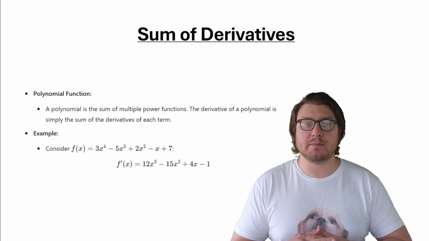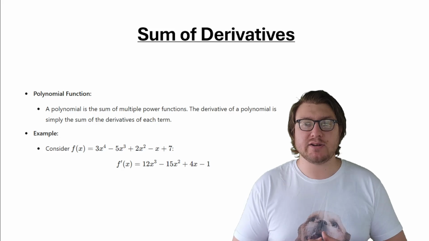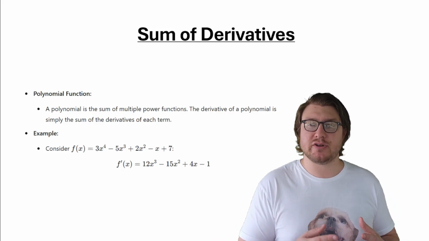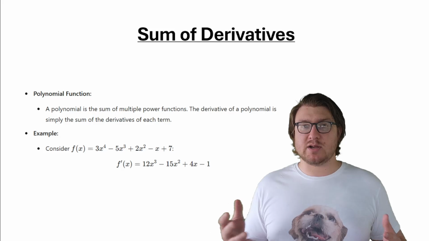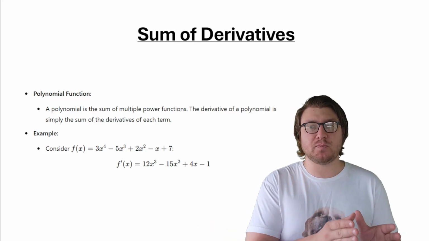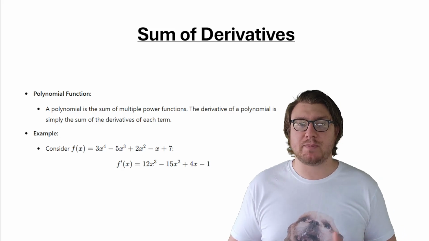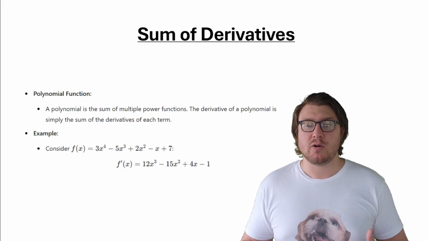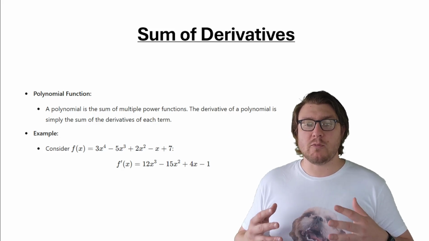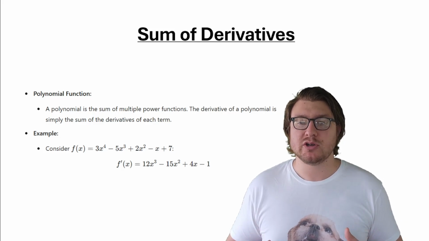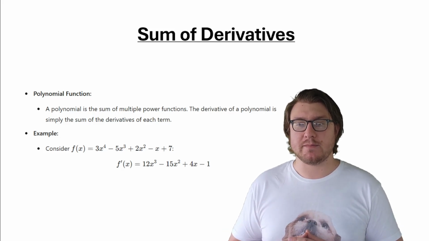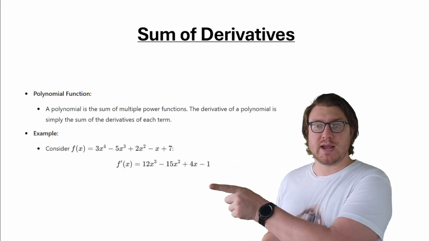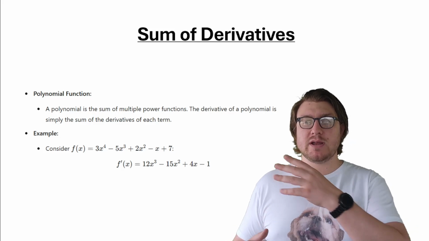When we look at derivatives, we actually get a very nice setting. We have that the sum of derivatives is the derivative of the sum. Well, that sounds fancy, but all it means is that we can split our terms as long as we have a plus and a minus. So here we have got an equation with multiple terms. What we can do is we can apply the power rule to each of these terms one by one. So first we differentiate 3x to the power 4, which becomes 12x cubed, and then we do the next term